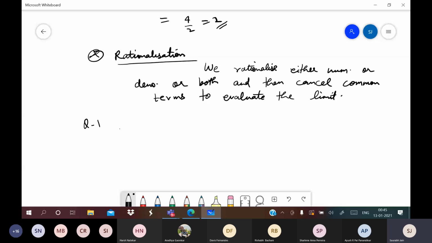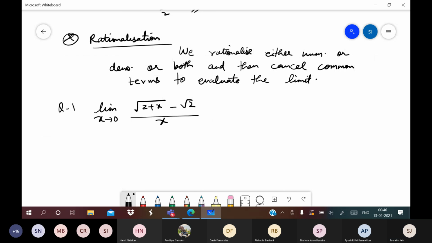So this is question number 1. Limit x tends to 0, under root of 2 plus x minus root 2 by x. Okay, this is the first question. Second question is limit x tends to 0, x upon, say, root of a plus x, then minus root of a minus x, like this. Okay,